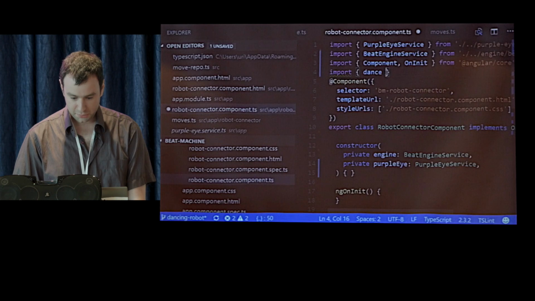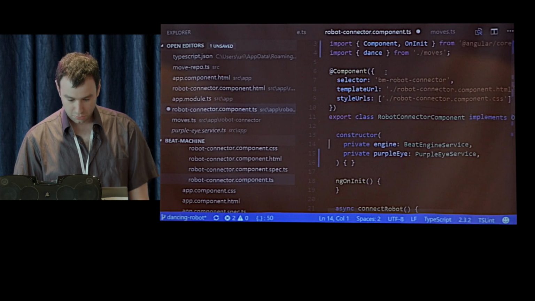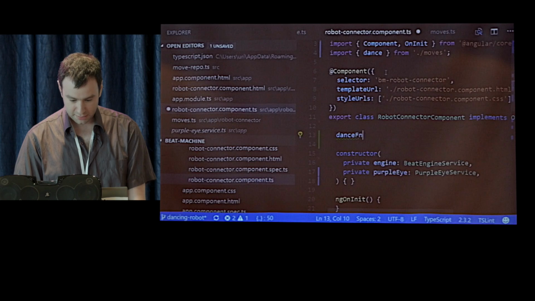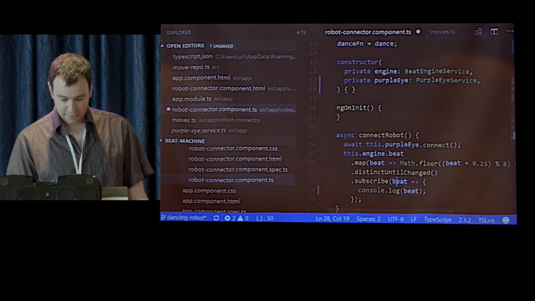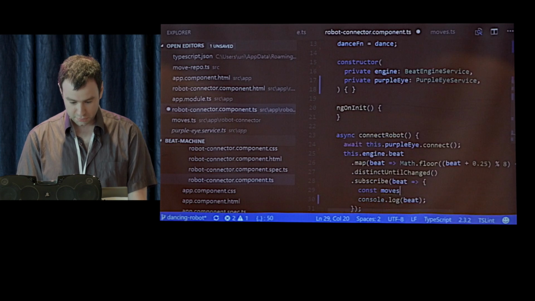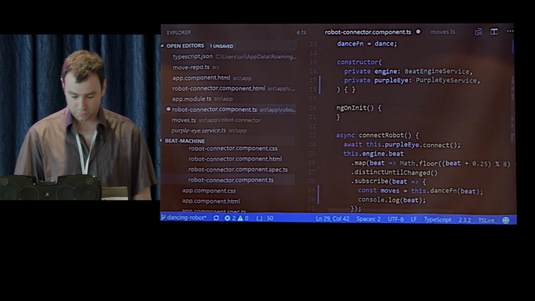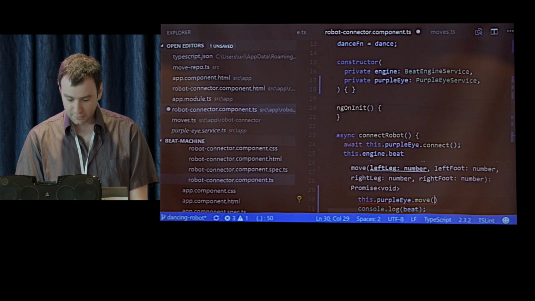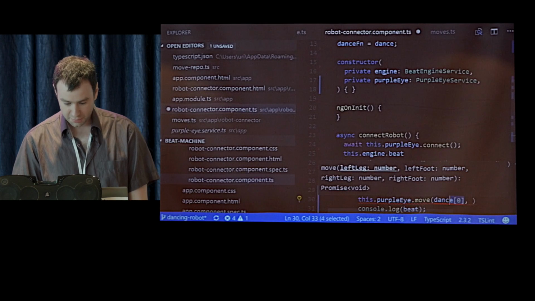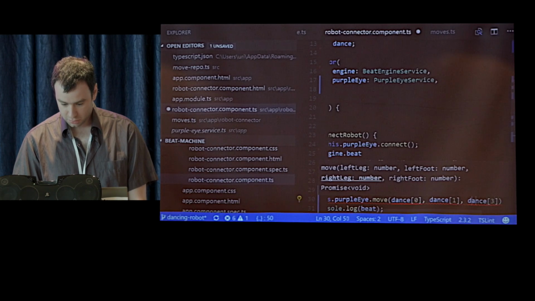And then I'm going to use this function. So I'm going to import it, import dance from moves. And I'm going to just place it on my constructor, danceFn equals dance. You'll see in a moment why I want to save it on my constructor. And finally, I want to say this. Let's call it moves equals this.danceFn(bit). So this is the dance function, it takes the bits and returns the movement to be sent down to the robot. And then we call this.purpleeye.move. And we can give it the 4 numbers that we got from this function, which are basically the motor positions. So dance 1, dance 2,